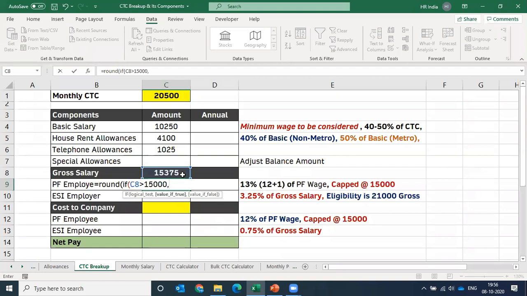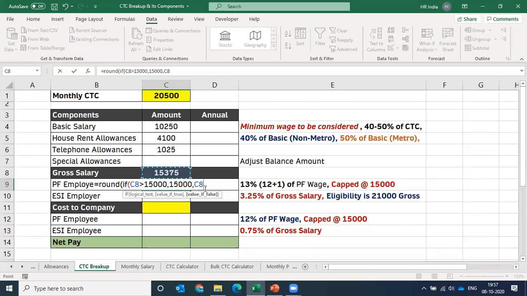It means I want to limit my contribution at maximum 15,000. But if the logical test is false, that is the scenario when the PF wages is either equal to or less than the minimum, less than the 15,000. So in that situation, I want to contribute on the actual PF wage of the employee, right? First outcome, when the PF wage is more than 15,000, I have limited my contribution at 15,000